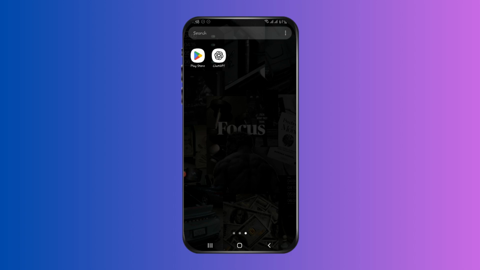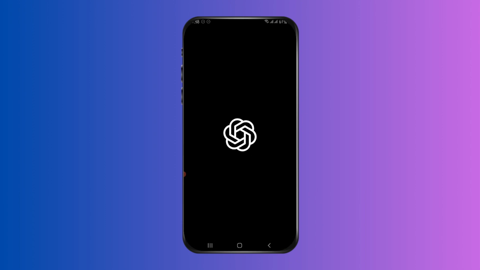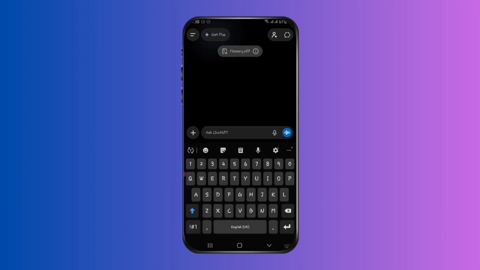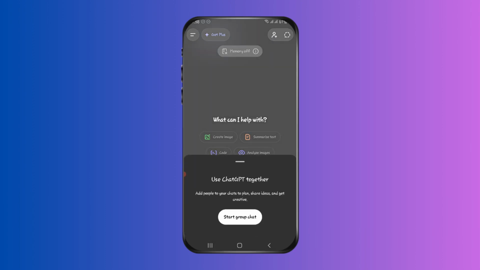I'm doing well too, and today in this video we will be learning to create group chat in ChatGPT app. So open up your ChatGPT app, then you can see at the right side top corner there is an option of a man icon with plus. If you click on it, then it says use ChatGPT together, start group chat. You have to click on it,